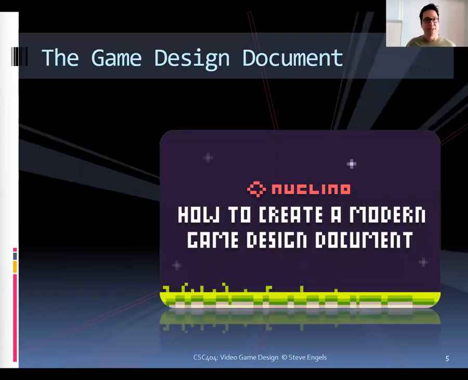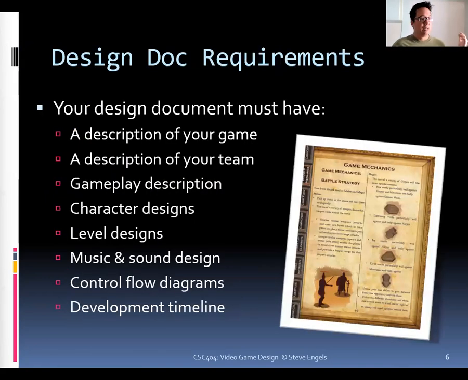So this leads us to the document itself. What do we want to see inside it? Always come up with the same thing: description of your game, description of your team. This should largely be holdovers from what you did for your creative brief, right? They'll change, of course, because of the pitch feedback you got, and after